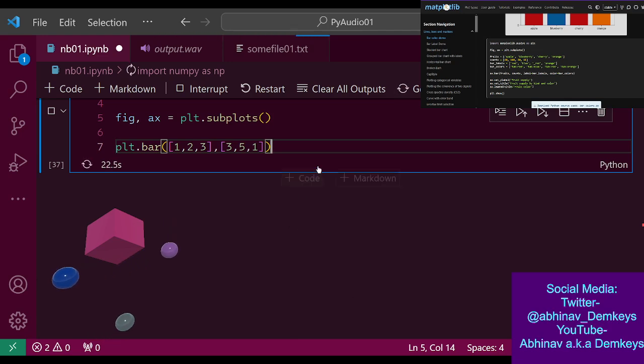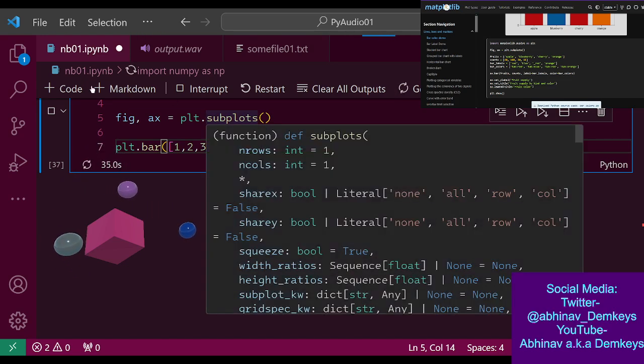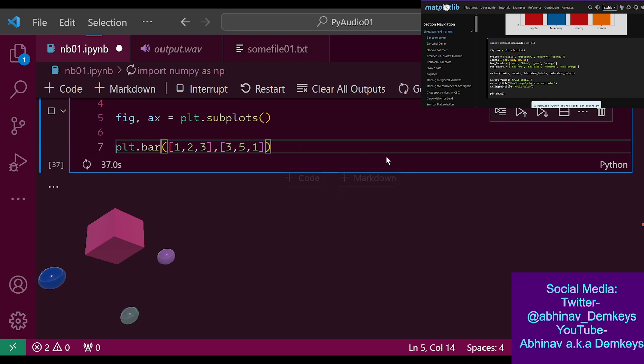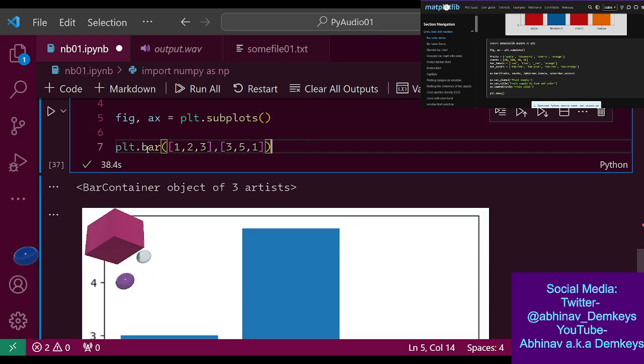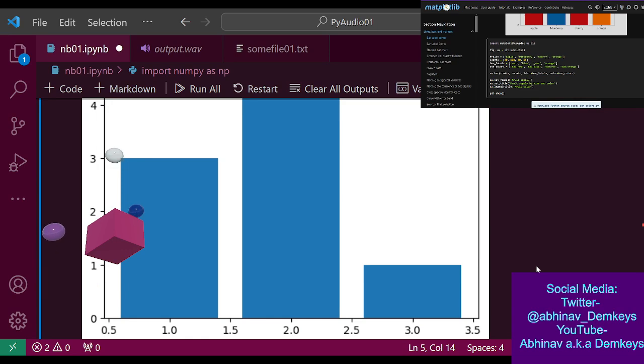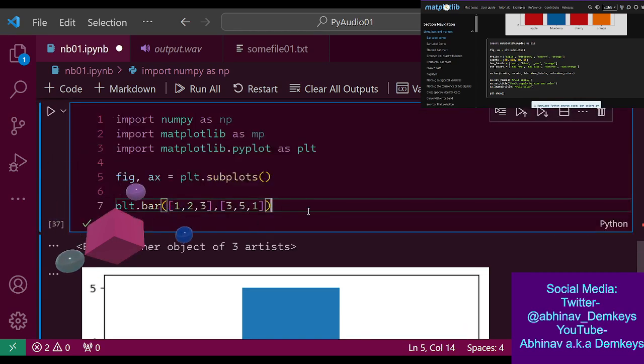Nope, I'm not seeing anything else. So in a standalone script, I believe you would need to do plt.show. But here, oh, there it is. Okay. So that's our graph, right?